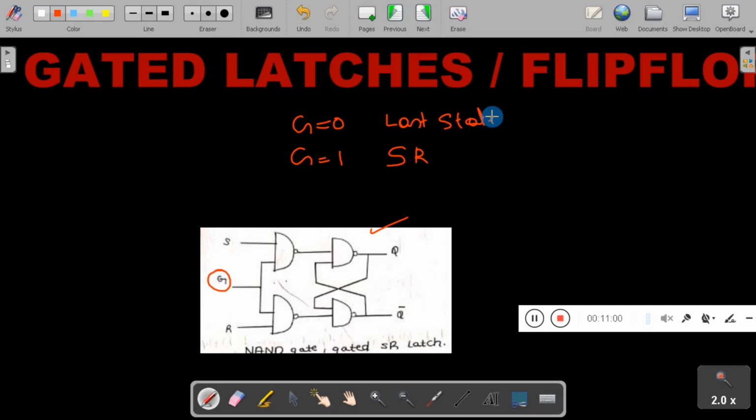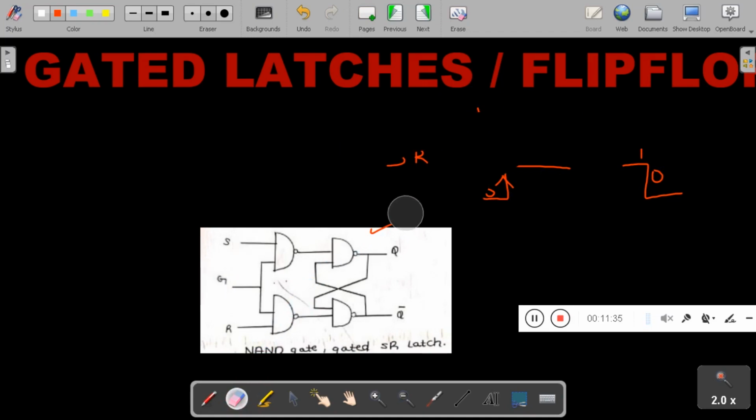Similarly, in a flip-flop, the output will change during the rising edge of the clock, 0 to 1, or during the falling edge, 1 to 0. These are required to synchronize the functions with the other parts of the circuit. This is called gated latches or flip-flops. We will now see how this works and what the characteristic equation of the gated latch is.